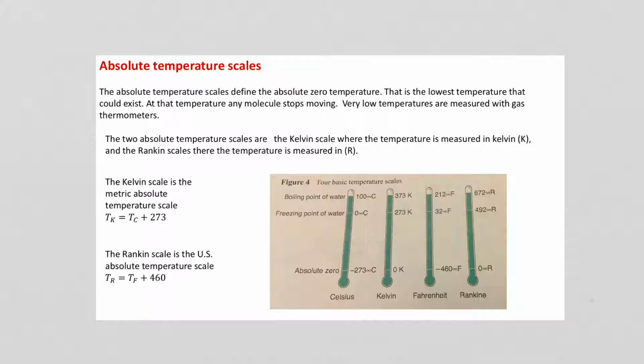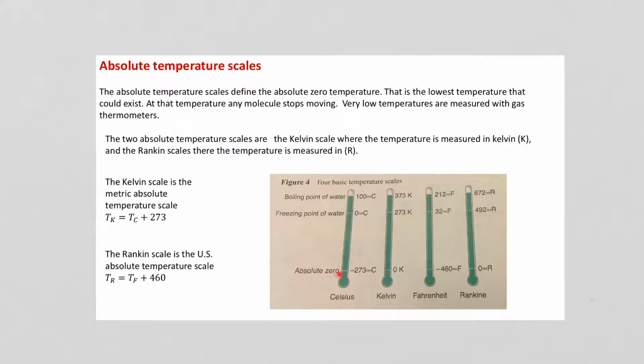So the relationship between Fahrenheit and Rankine is given again by this formula here. If I have a temperature in Fahrenheit degrees, I would add 460 to that to get the temperature in Rankine degrees. The four temperature scales are presented here in this figure,